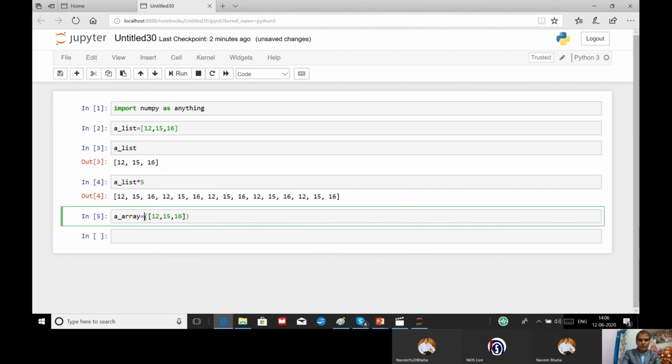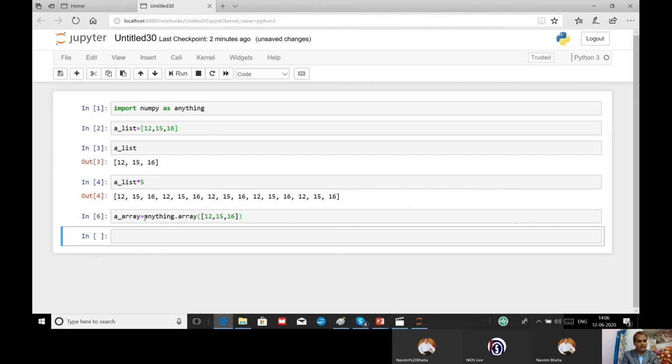Here we have to write a variable name, anything, dot array. Don't miss it, because this is the only difference between list and array, where a list can be simply created, and for an array we have to put the variable name or numpy itself and use array. Now let us print the array.